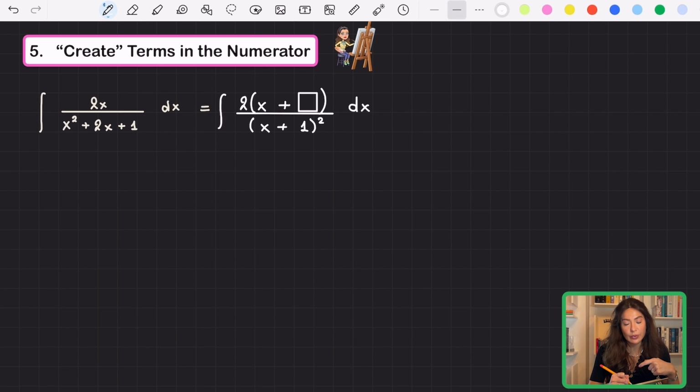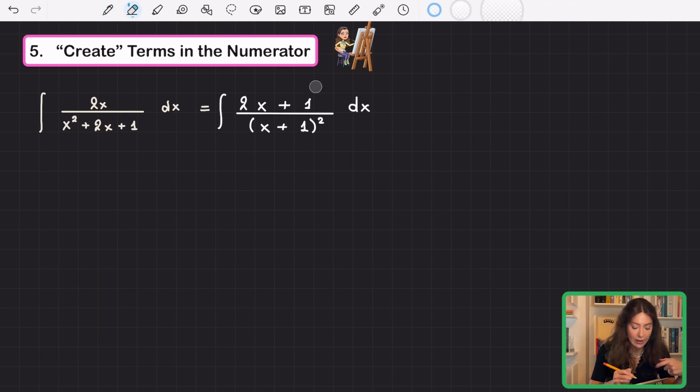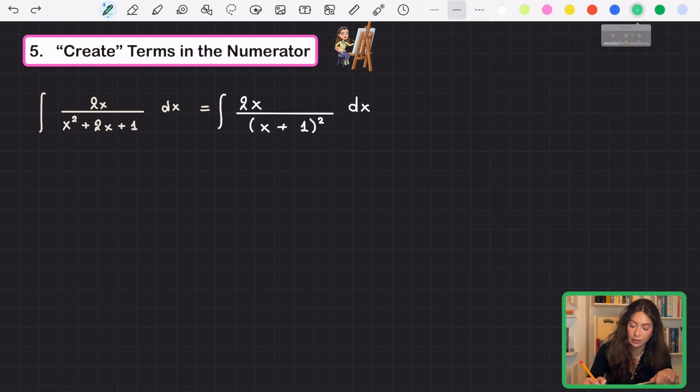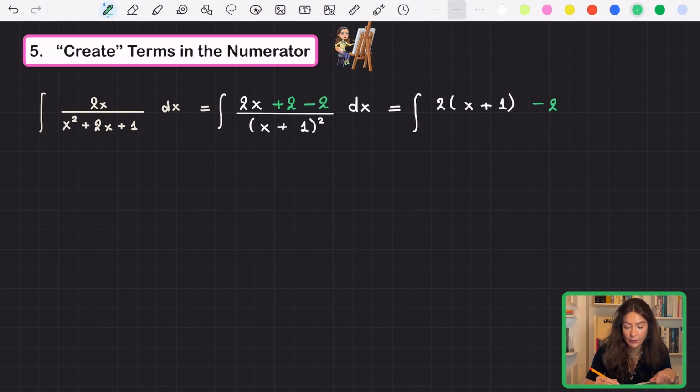So I bring out 2, and I'm left with x plus 1. Okay, then if I put 2 back, x will have 2, and this will be 2. Then I need to add 2. And I need to subtract 2. Okay, and in the next step, I'm going to bring 2 out. I'm going to have x plus 1. I still have minus 2. All of that over